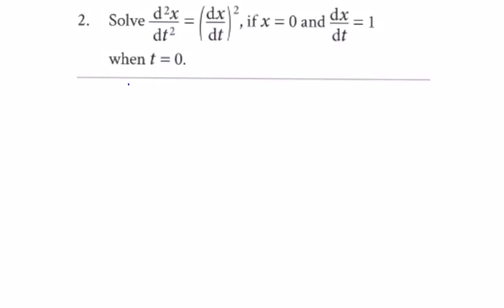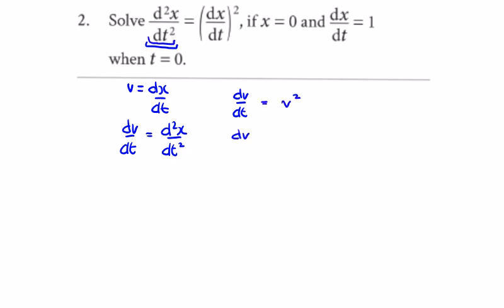In question 2, we're going to let v equal dx/dt. So dv/dt will be the second derivative, d²x/dt², which is (dx/dt) squared, so dv/dt, which is this guy, is equal to v squared. So dv over v squared is equal to dt, and if we integrate these, we're told that dx/dt, which